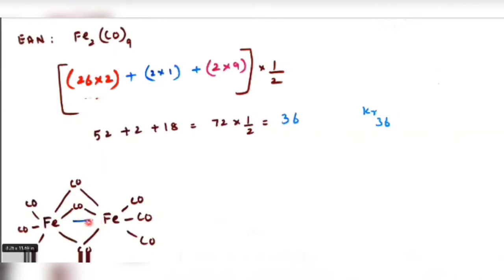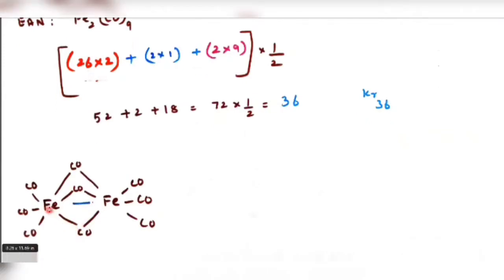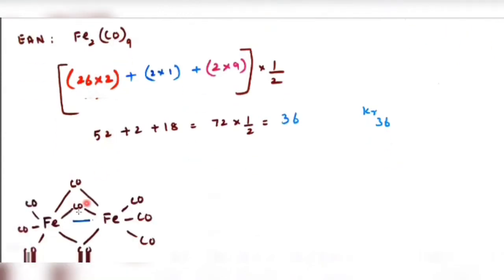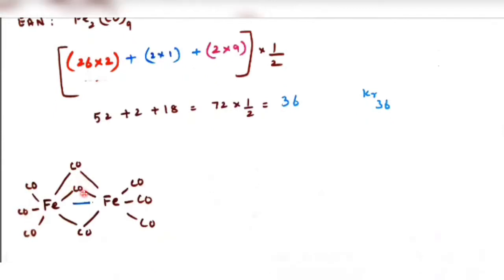This is Fe, Fe. It is a sigma bond. So here there is only one sigma bond. One bond contains 2 electrons. So here it is Fe2(CO)9. On this side 3 CO, on this side 3 CO, all with C triple bond O. These are called bridged carbonyls, with C double bond O. This will be helpful for calculating how many sigma bonds and how many pi bonds are there.